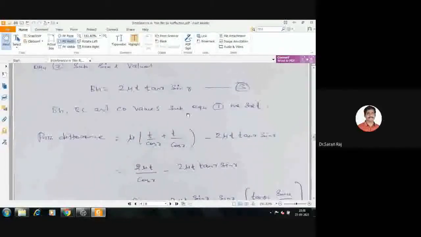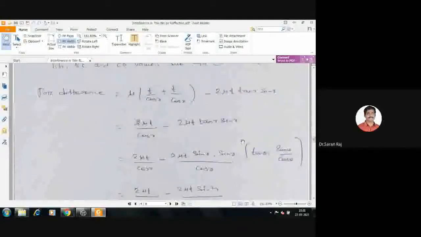Okay, so in this equation t by cos r plus t by cos r gives 2t by cos r. So multiplying the mu value inside gives 2 mu t divided by cos r. First term, minus the second term, 2 mu t tan r into sin r. Now we can simplify this equation. So the first term is 2 mu t divided by cos r minus 2 mu t